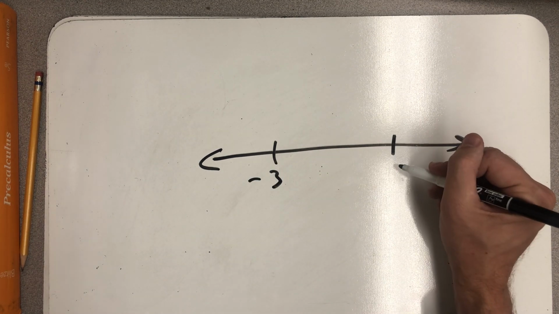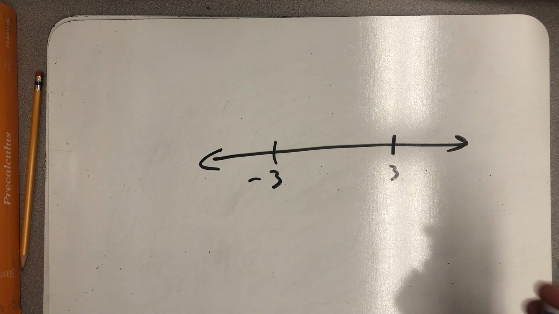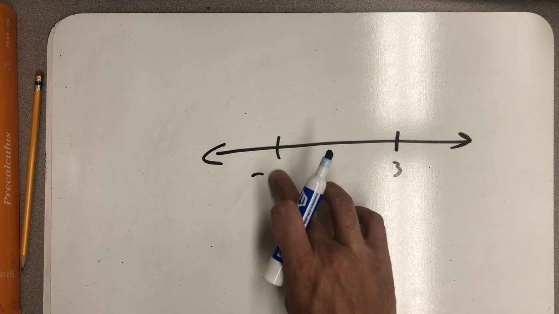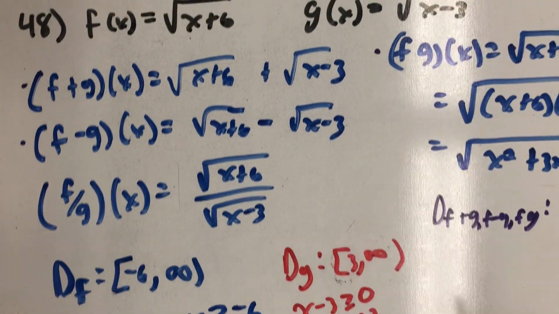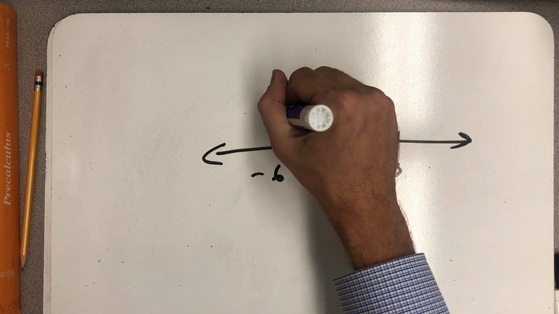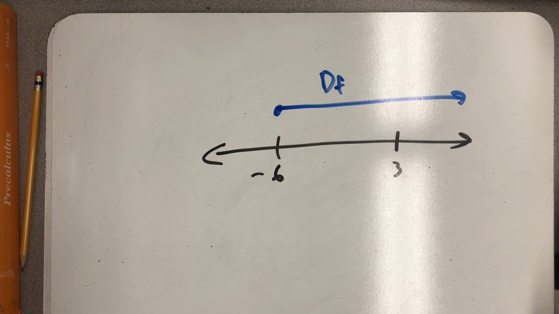So the domain of f, all of the points, that was supposed to be a minus 6. Minus 6 and a positive 3. All right. The domain of f, all of these points. The domain of g,